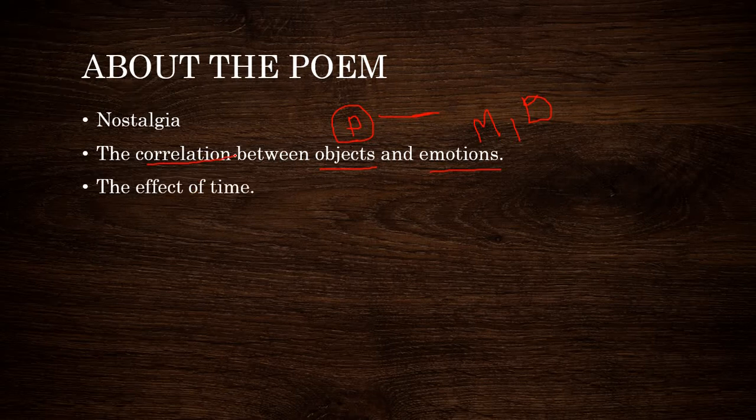Then the third thing is the effect of time. The time between the photograph and the mother and the daughter is very important, because that's where most of you will get confused. The photograph has a particular time with the mother. The same photograph has a particular time